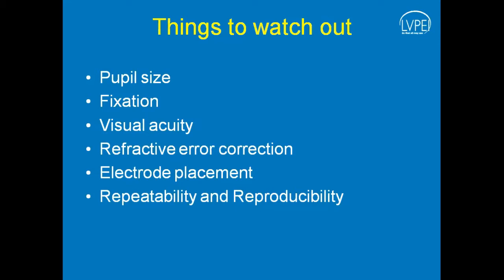test repeatability and reproducibility. Whenever we perform a VEP, flash or pattern, whatever it is, we must repeat the test. And if we see that the repetition is reproducible, that means the test is successful. Otherwise, we have to do the test further in order to understand whether the response which we have seen in the previous shot is the same once we repeat it.